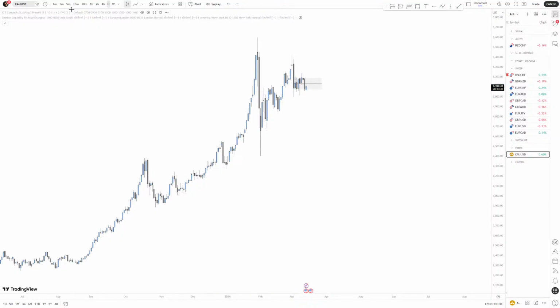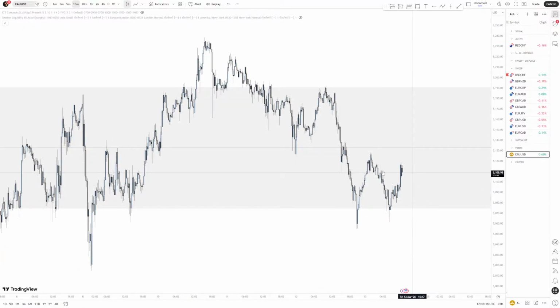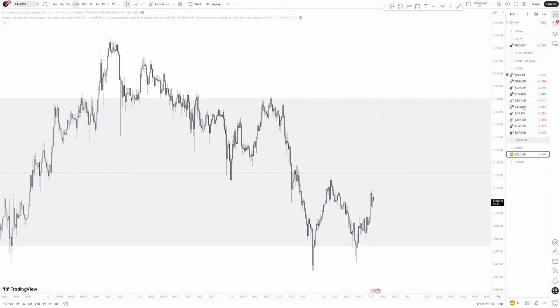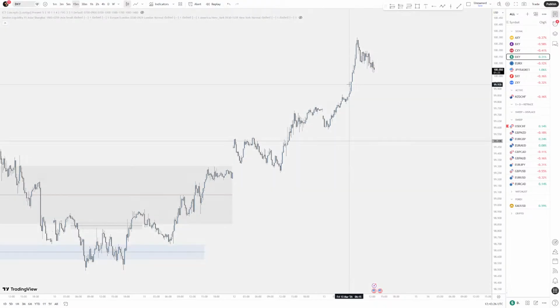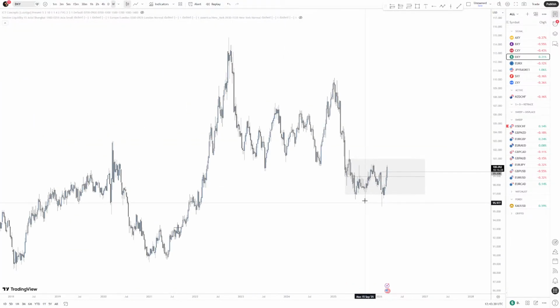Okay, we've been consolidating since March. It's the beginning of the month. Okay, so we're in this discount area, which a discount just simply means that it's cheap and it's going to entice buyers. Now we are bullish on XAUUSD because when we go to DXY, which is the dollar index, we have been consolidating in this range, and again, price was in discount, went up over here.